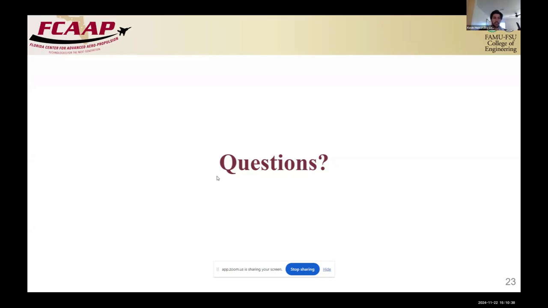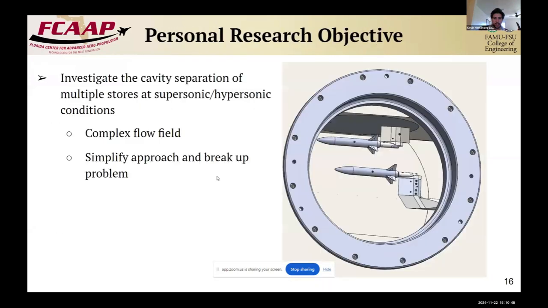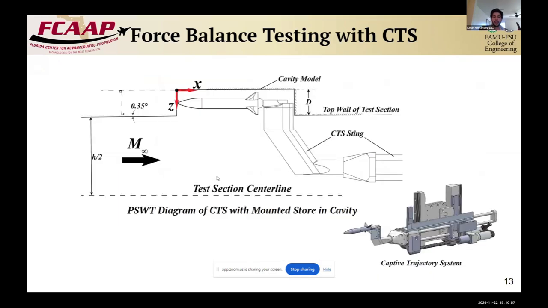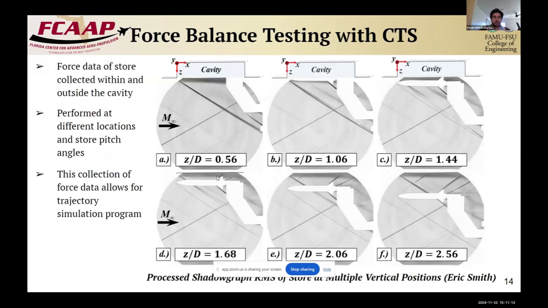Okay. Awesome question. So I'm still learning about this problem here. From my understanding, so you say predict the cavity flow. I don't have an answer for that exactly, but what we are doing is we're looking at a specific cavity geometry, a specific length, depth, and width cavity, and collecting all this force and moment data,